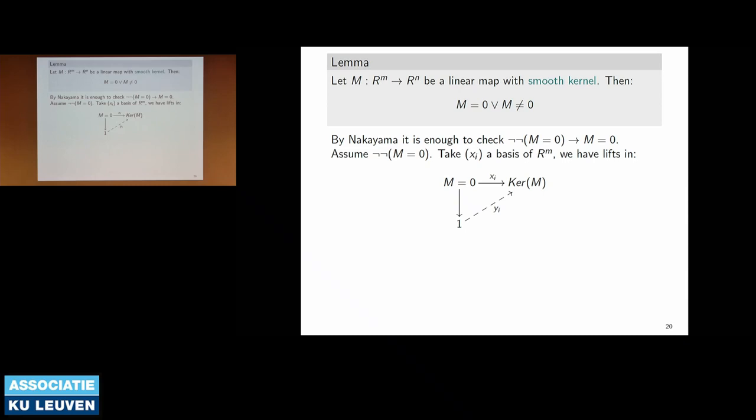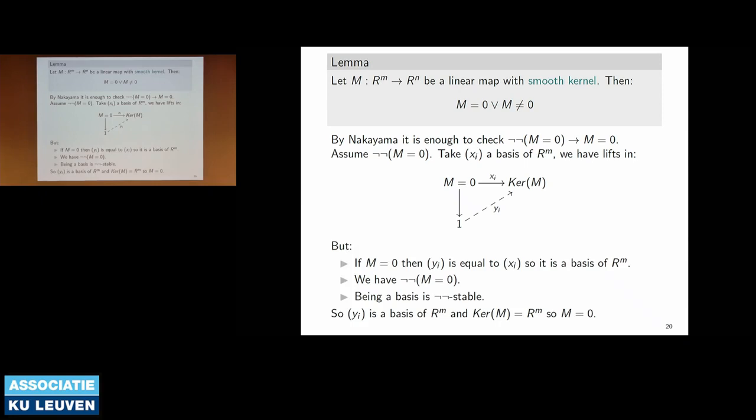Since we have not m equals 0, this is actually a closed dense proposition, saying that all the coefficients in the matrix corresponding to m are 0. So you merely have a lift over here. And then you want to show that this lifts from a basis of Rm and conclude that m is equal to 0. And so to do this, if m is equal to 0, then the lifts are equal to the original one, and they form a basis by hypothesis.